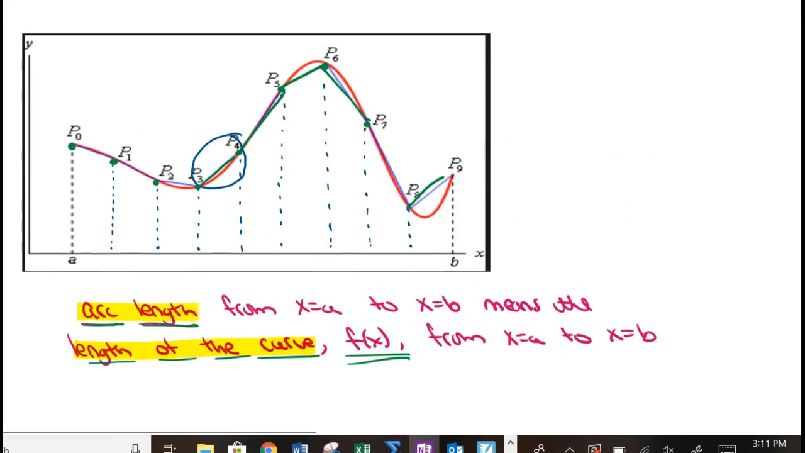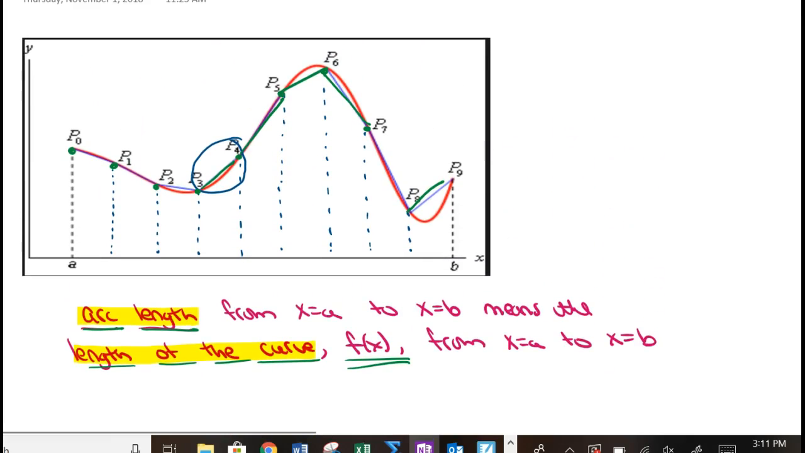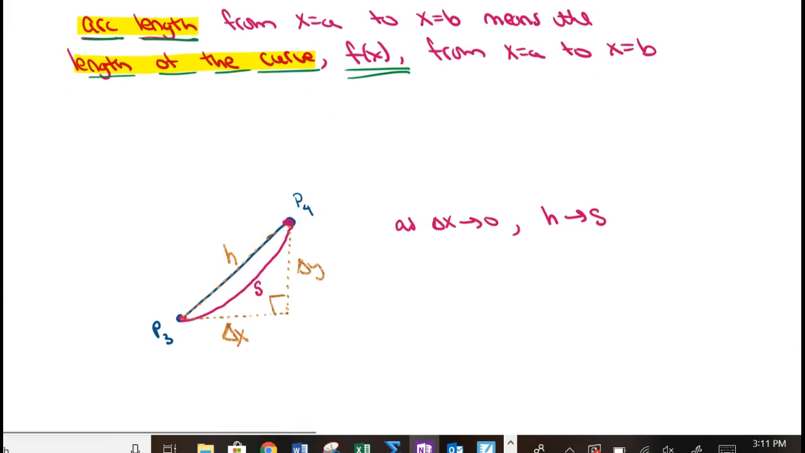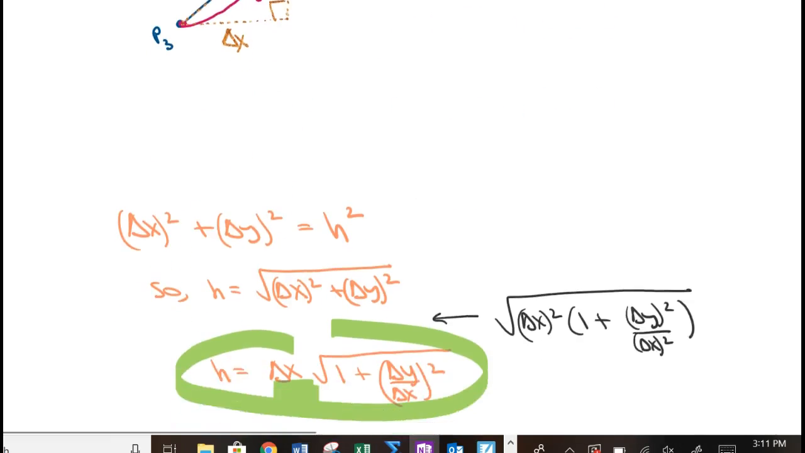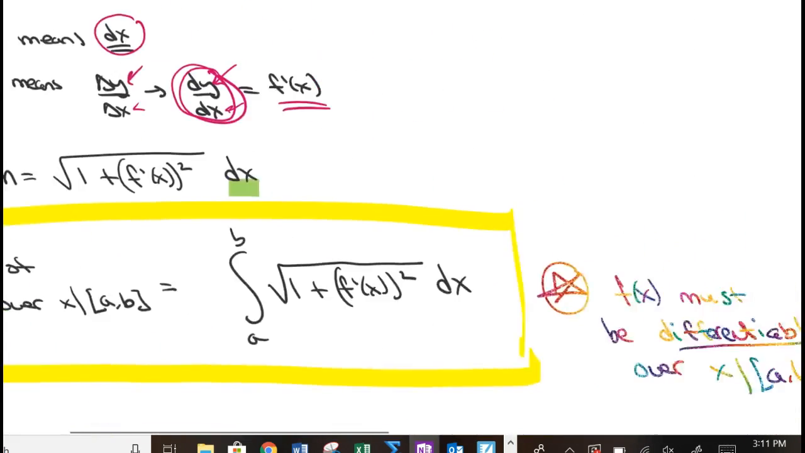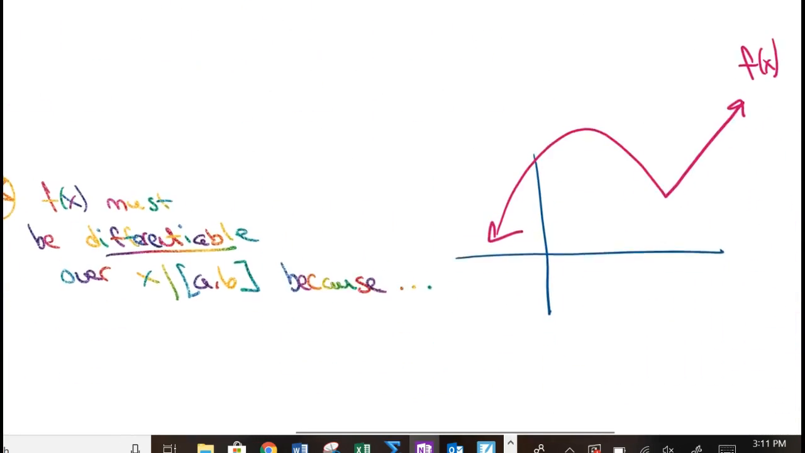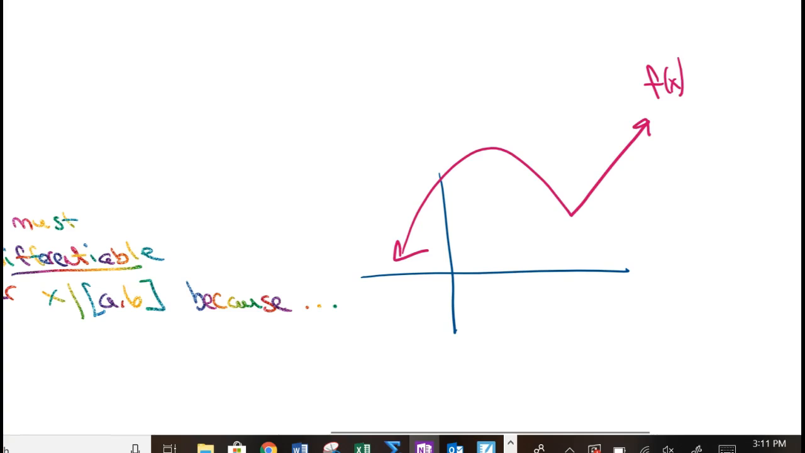Because this whole right triangle relationship that we can impose here is only true if you don't have a point of non-differentiability. So look over here. If I look at this function f of x, and if I wanted to find the length of the curve from 2 to 11, for example, there's a point of non-differentiability here,